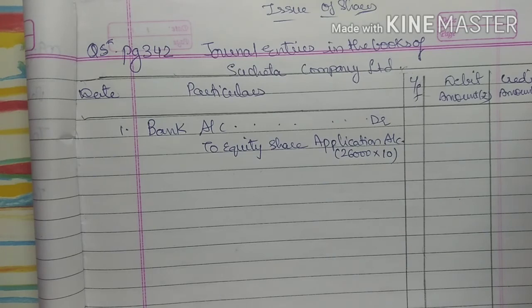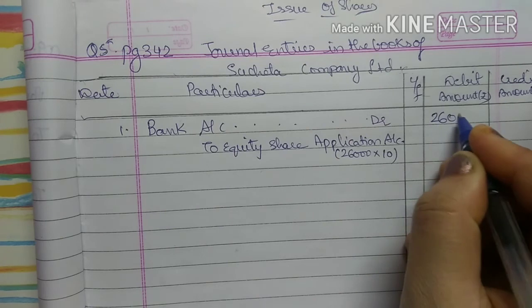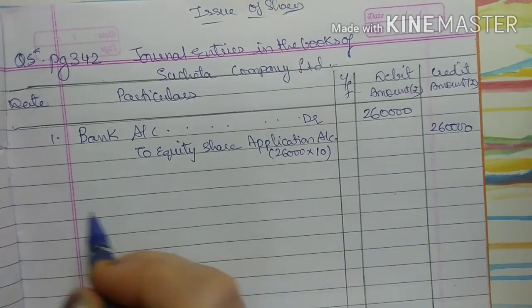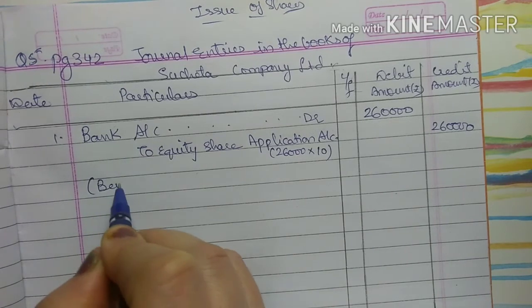So the amount will be 2,60,000. And the narration will be